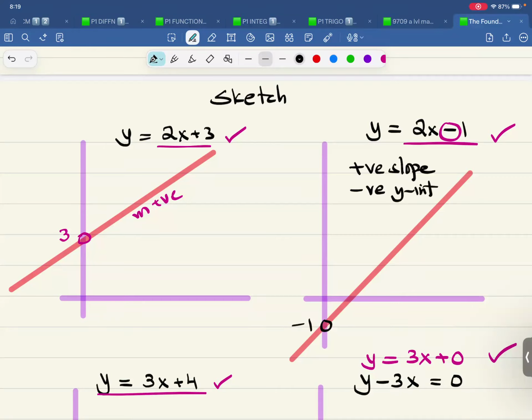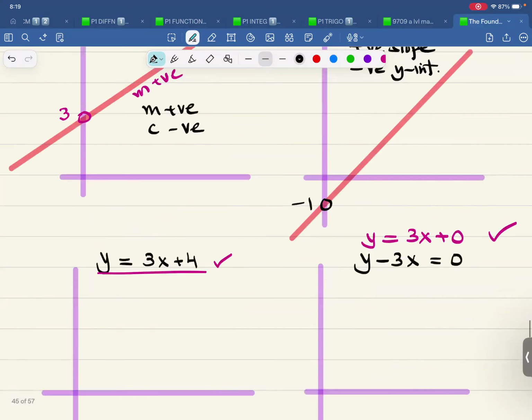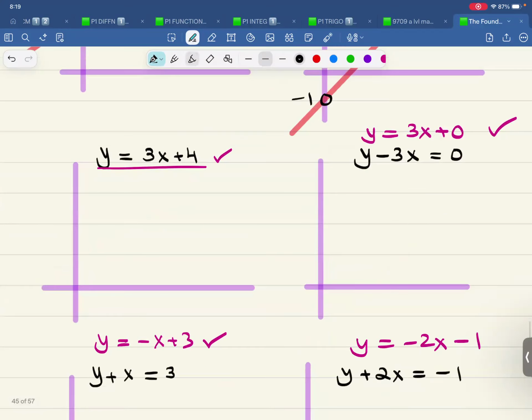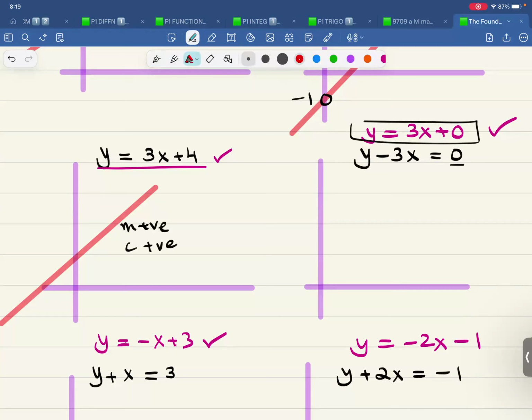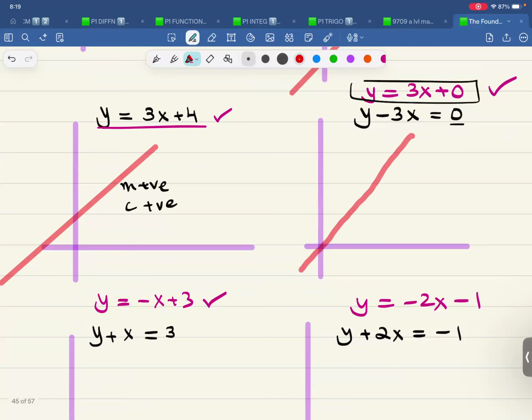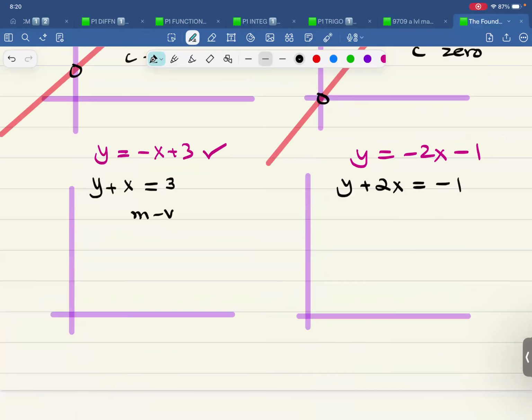C is the y-intercept. I hope everyone knows this. Over here, positive slope, negative y-intercept. What about this? Positive slope, positive y-intercept. This thing is also there. This is positive slope, positive y-intercept. That is done. This one has a 0 y-intercept. So that means it will pass through the origin, like this. This has a positive thing. So gradient is positive, C is 0. All good, all clear? Over here, negative slope,